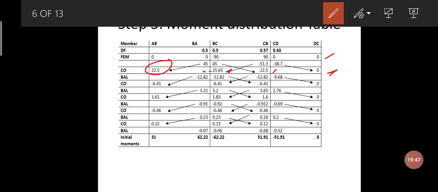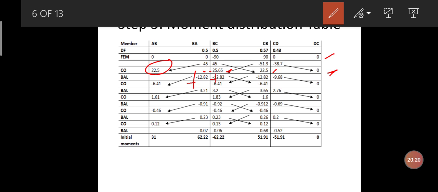So minus 25.65 into 0.5, if I do that, I will get plus 12.82. This has to be plus; it has been written as minus 12.82. It has to be plus 12.82, and this is also equal to plus 12.82, because minus 25.65 is the unbalanced moment, which has to be balanced by plus 25.65 itself, and which are distributed as per the distribution factors for